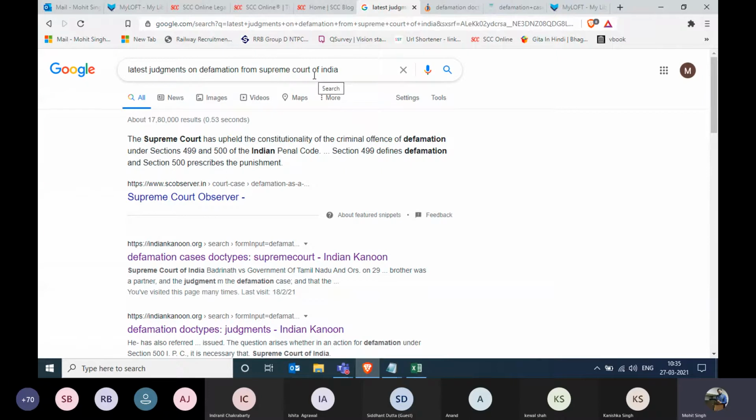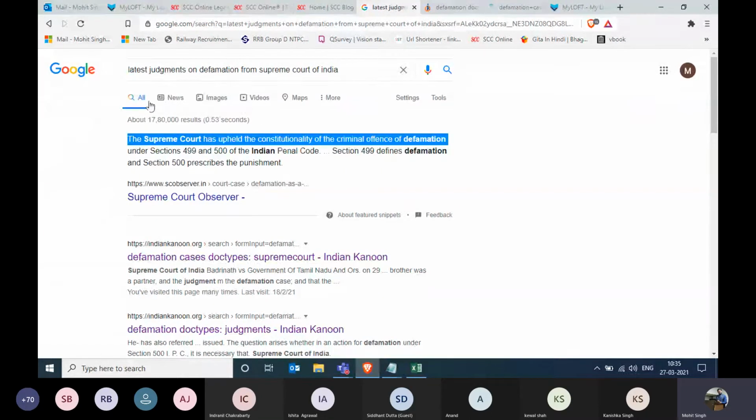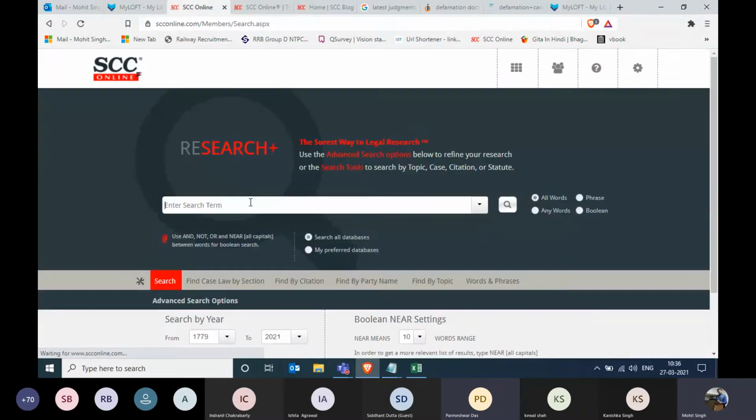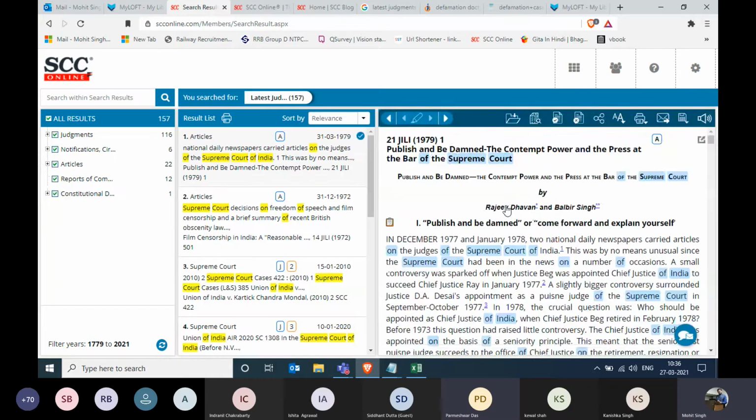All right. Now let's go back to SCC Online and try our luck with the SCC Online software as well. Whenever you're working on SCC Online and you have some queries to put in, then the queries can be put in word search. So word search is like the Google of SCC Online. We go over here and we put in the entire query and click on the search bar. The same thing happens just like it happened in Google. It will try to give me all the relevant results on the latest judgments from Supreme Court of India.